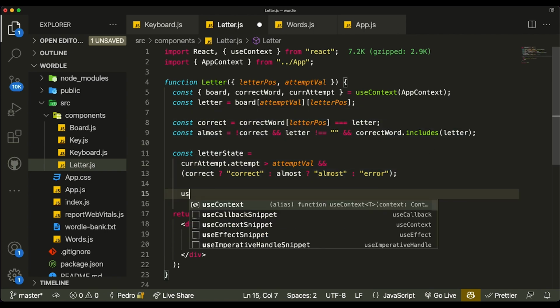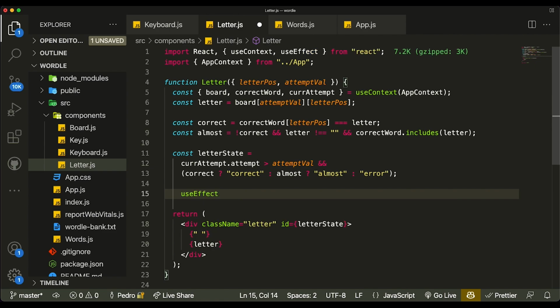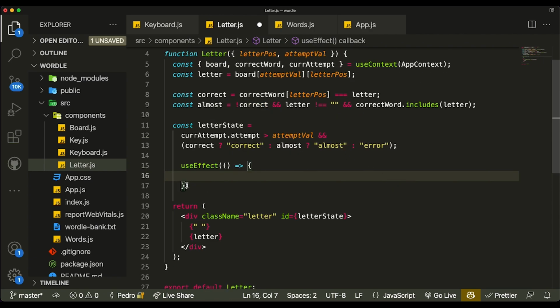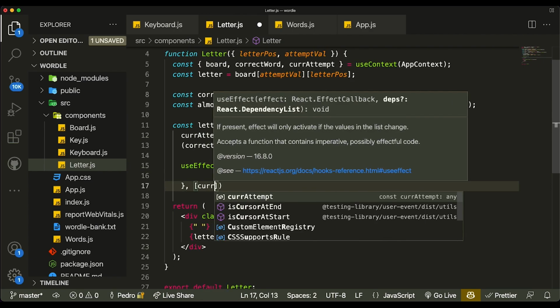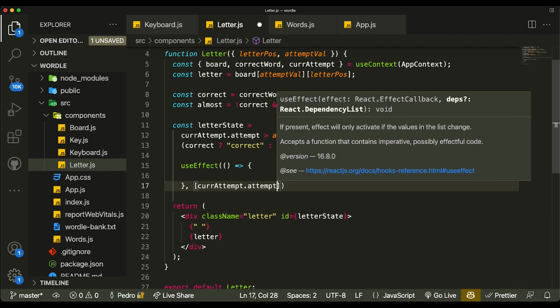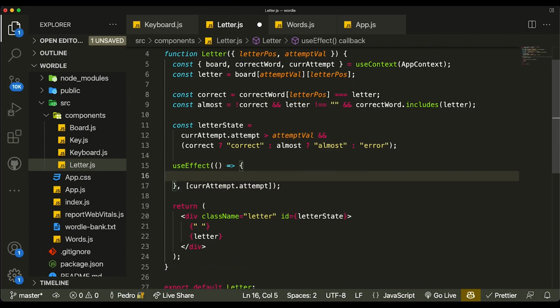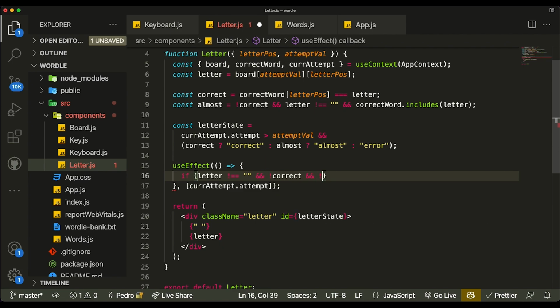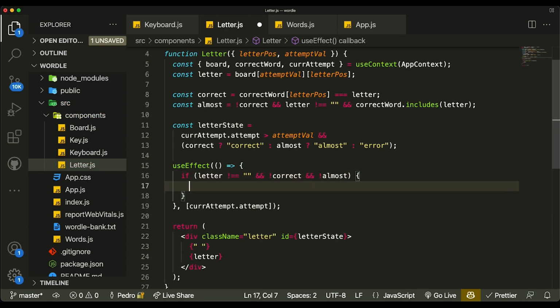So we'll just create a useEffect inside of here like this, and this useEffect will be a function that runs every time we move on to a new attempt. So we'll say curAttempt.attempt, so every time we have another attempt, we'll run this useEffect to do the check again. And the check is pretty simple. If, first of all, the letter is not empty, because we don't want to check for empty letters, and the letter is not correct, and it's also not almost,